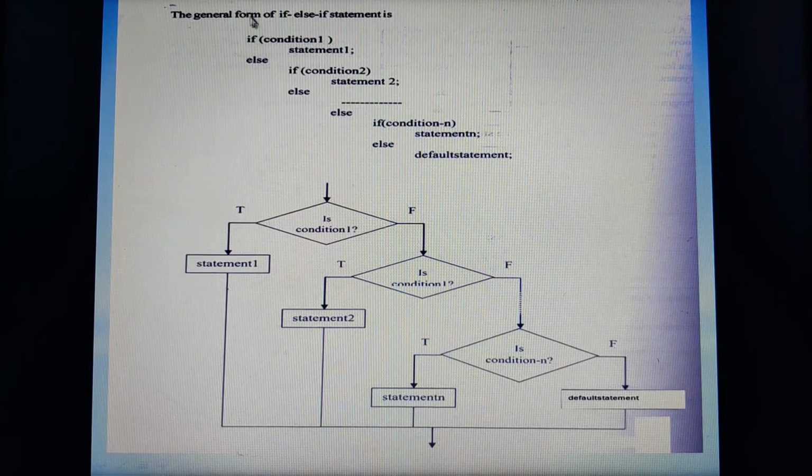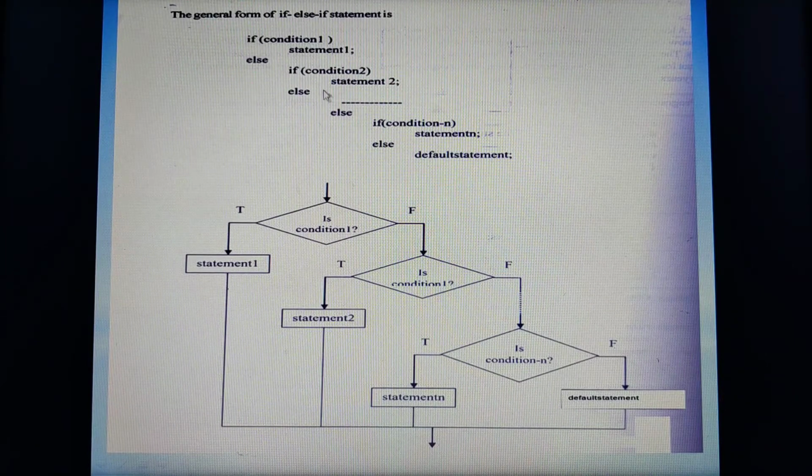Therefore, this if else if statement provides you a range of values to verify, and it provides different possible alternative statements to be executed based upon the condition. Here the choice has to be made between more than two possibilities.